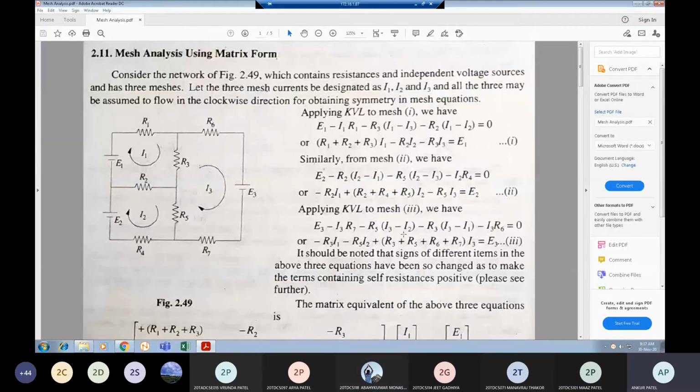Hello, listen. Here, according to what we are applying, it should be minus E3. You can see the direction. If this I3 is in the reverse direction, then you can see we are moving negative to positive. Or here in the diagram, it should be first negative and on the downward side it should be positive. So some mistake is given here either in the diagram or in the equation. Are you getting me? Yes, sir.